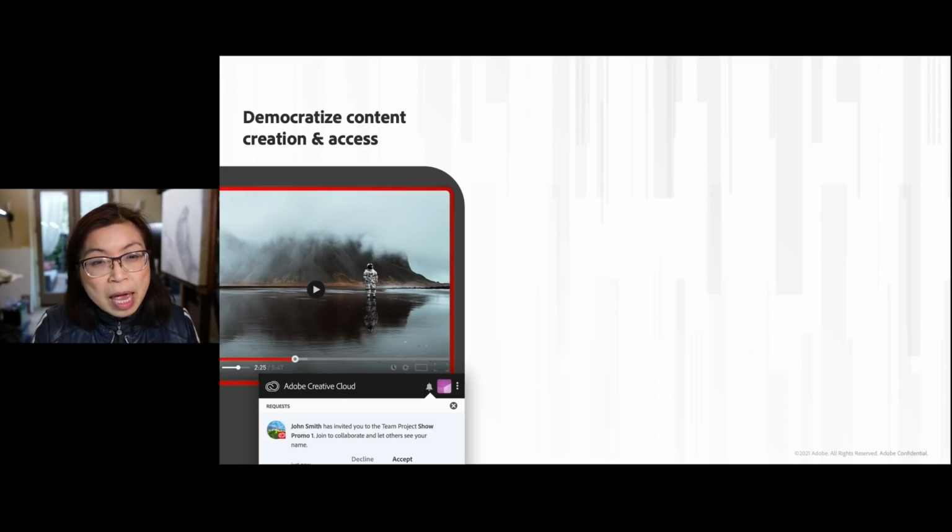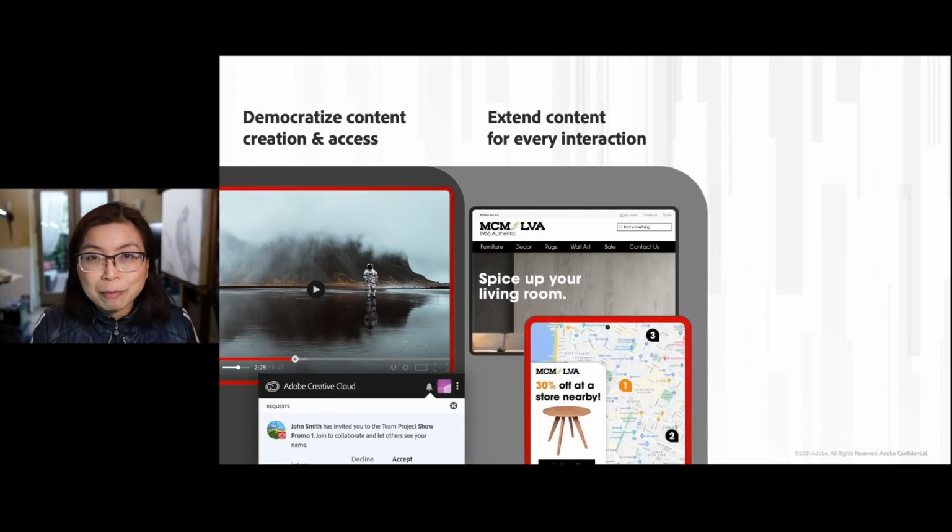The second is to be able to extend content to every interaction. And this isn't just the SPAs or branded websites, but also in-product experiences and mobile apps and other interactions within cars and other innovations. And this is why we introduced the GraphQL APIs and a slew of market-leading headless CMS capabilities. And these are ones that Jean-Michel will be talking more about in another keynote. Along with the GraphQL APIs, there's also the core components that we use to help developers speed up the development of web experiences.